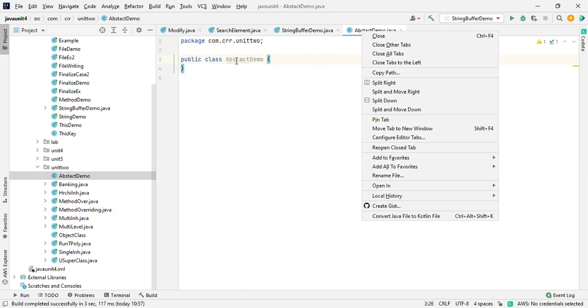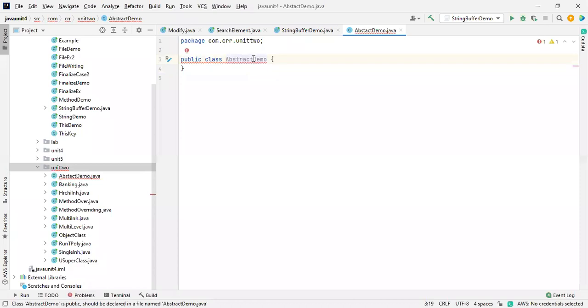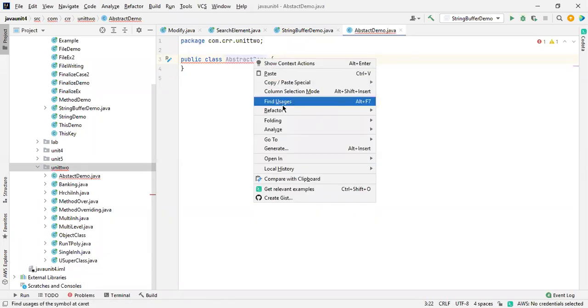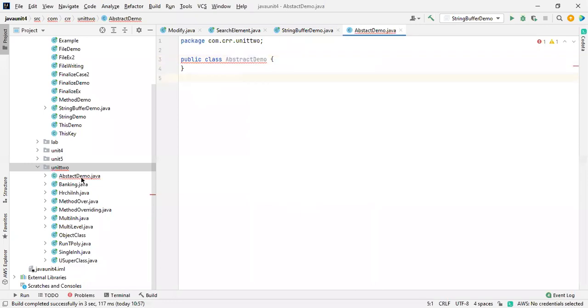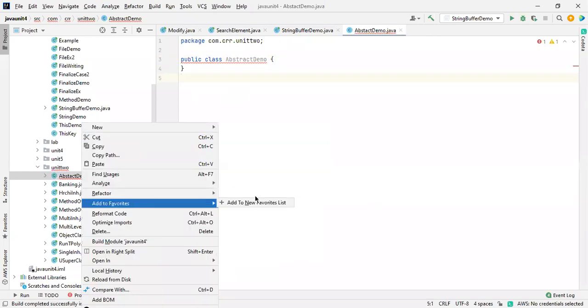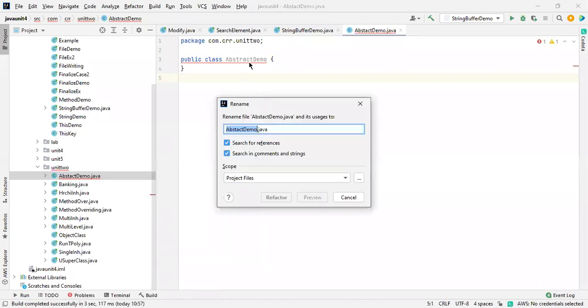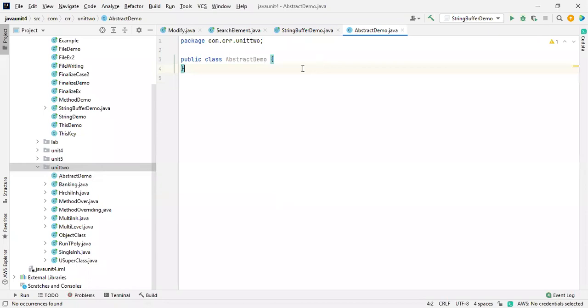So this is the abstract. Okay, cool. Now we are going to discuss how to use an abstract class and abstract method, which are going to hide the implementation part from others, and we are showing only the functionality.